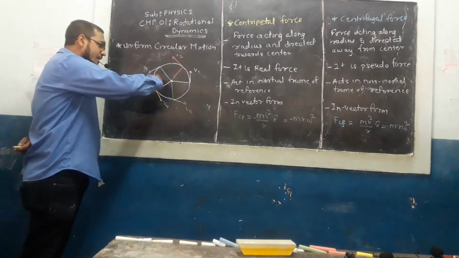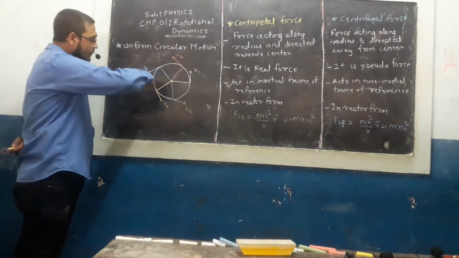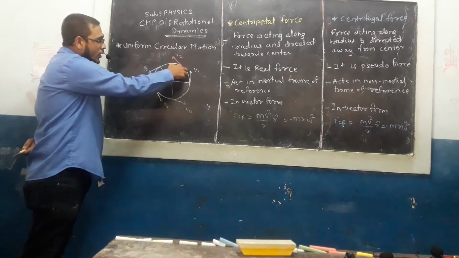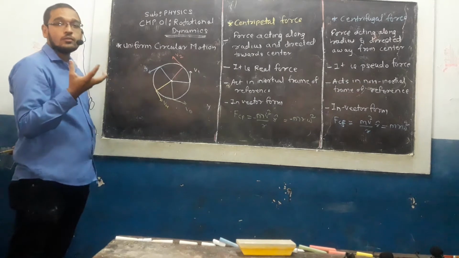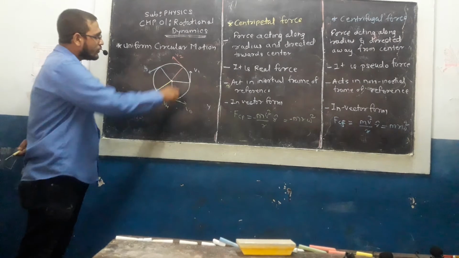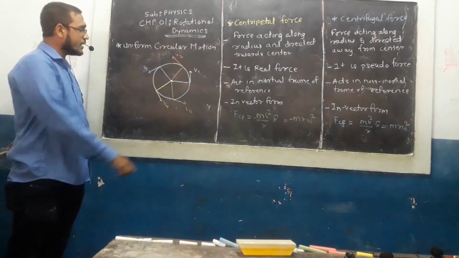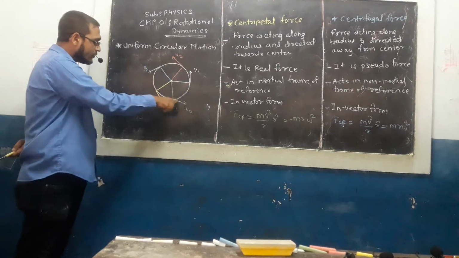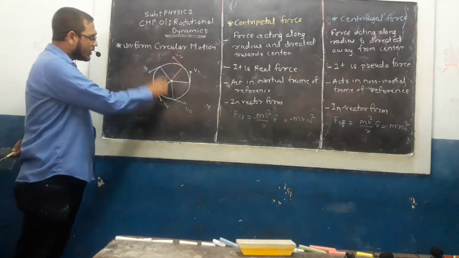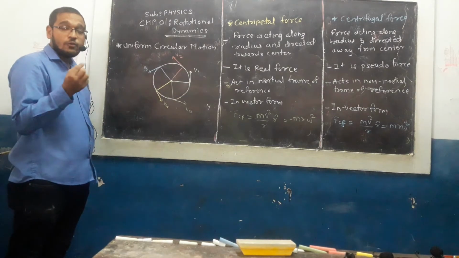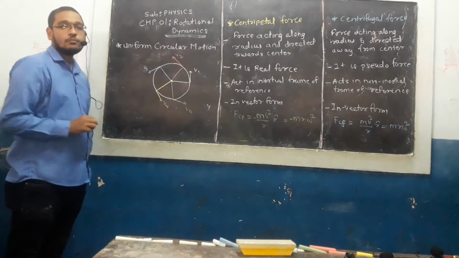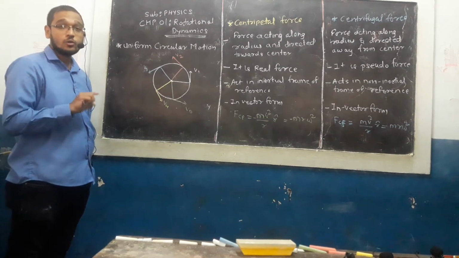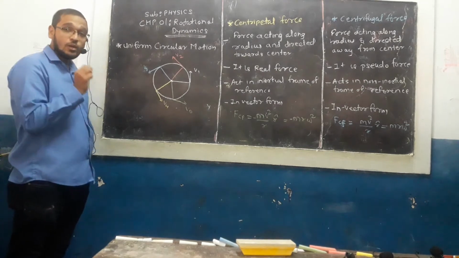Let omega be its angular velocity. As it is moving, at every point, when you want to find the linear velocity, we have to draw a tangent to it. So I have drawn V1, V2, V3, V4, V5, etc. Yesterday we derived the relation between linear velocity and angular velocity: V is equal to R into omega.